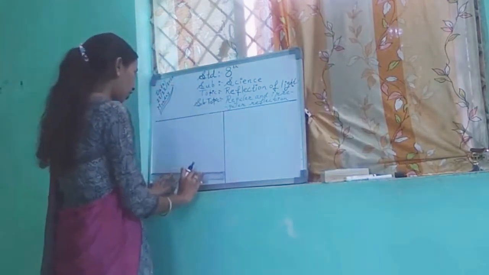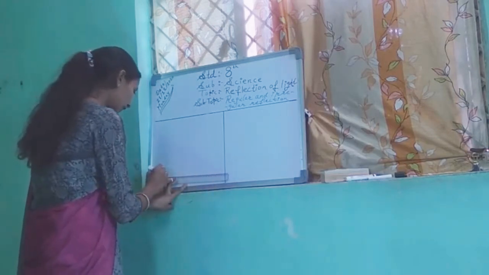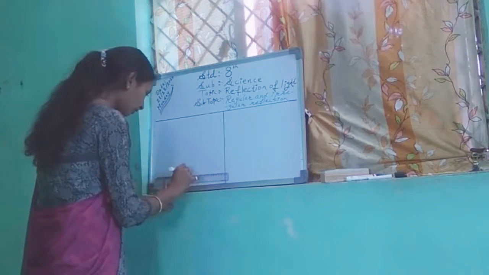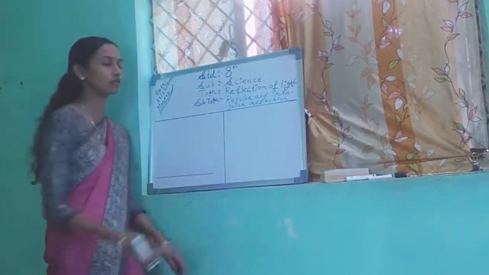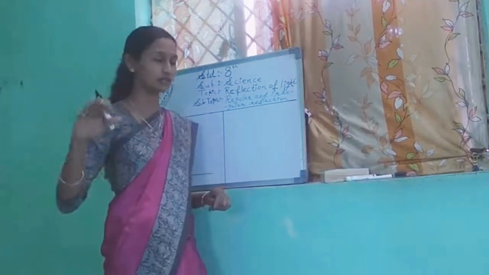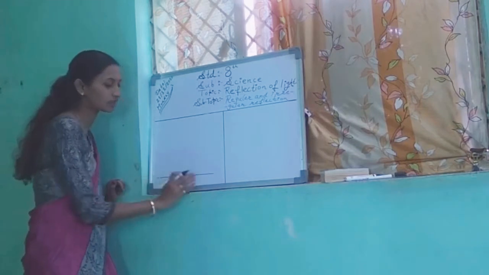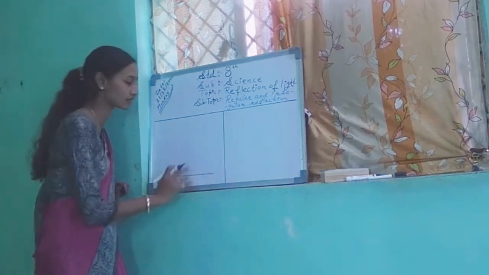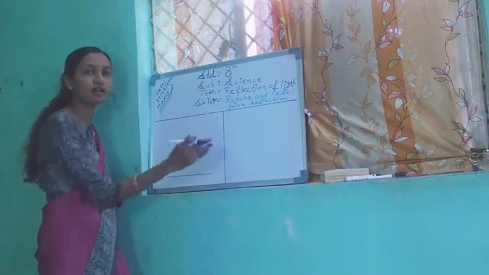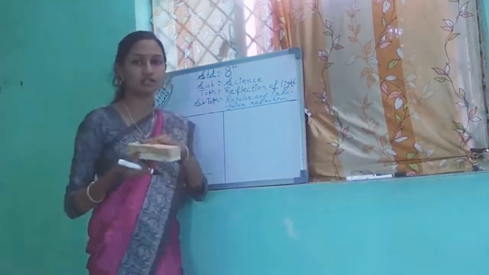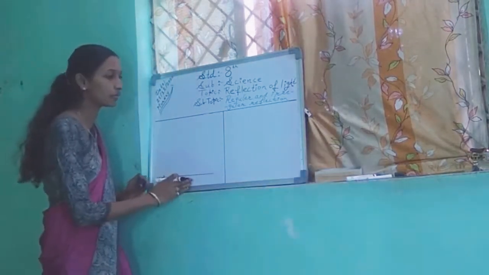For that we will draw a line which will be our reflecting surface. First of all, we are focusing on reflection from regular surface. Regular means smooth surface. This will be smooth surface. So how will be the reflection from this surface? Okay, this is a plain surface as we have seen in the scale and this flat portion of this duster. Okay, so what will happen?